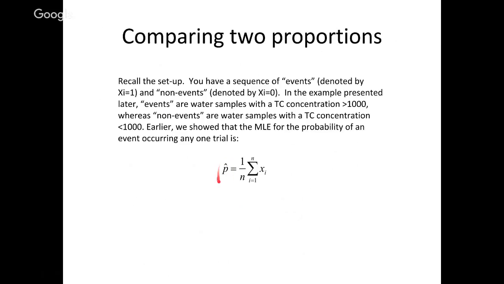So p hat, which is essentially the proportion of events to the total number of trials, is going to be 1 over the number of trials, or number of samples, say, times the sum of that random variable xi over all samples. Now, you may look at this and go, wait a minute, you're pulling my leg here,